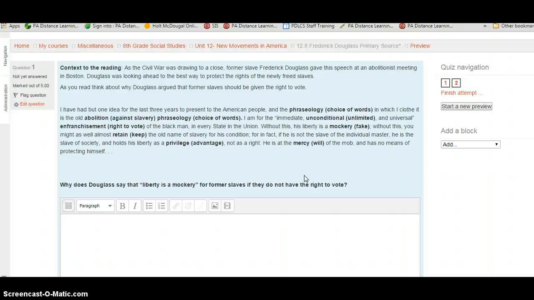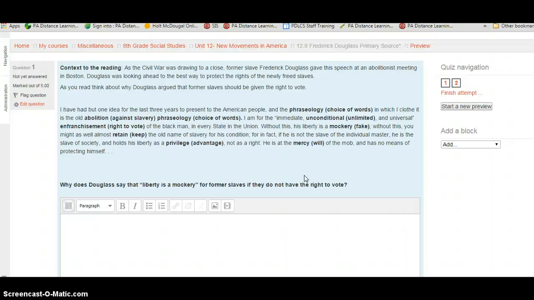Douglass was looking ahead to the best way to protect the rights of these newly freed slaves. As you read, please think about why Douglass argued that former slaves need the right to vote. I had but one idea for the last 3 years to present to the American people, and the phraseology, or choice of words, in which I clothe it is the old abolition anti-slavery phraseology, choice of words. I am for the immediate, unconditional, or unlimited, and universal enfranchisement, which means right to vote, of the black man